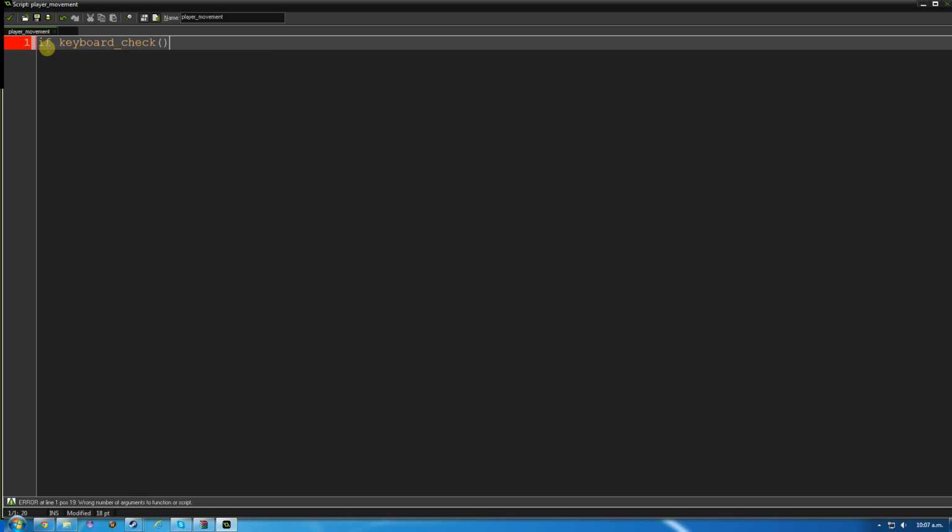Now the way this works, keyboard check is called a function, and a function always takes a number of arguments. In this case, the argument that we're going to give it is what key do we want to check. So to do that, I can type in something called VK, which stands for virtual key, and then I can type in what key. So vk_up is the up arrow. Now to check letters, that's a little bit different, so I'll figure that out in a second. But if keyboard_check(vk_up),